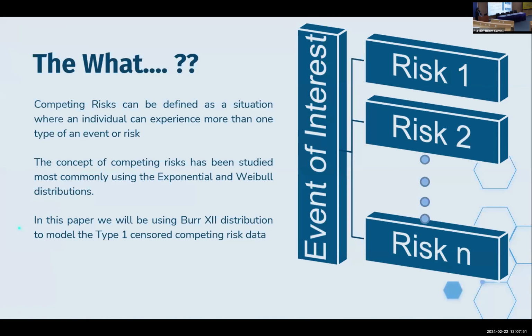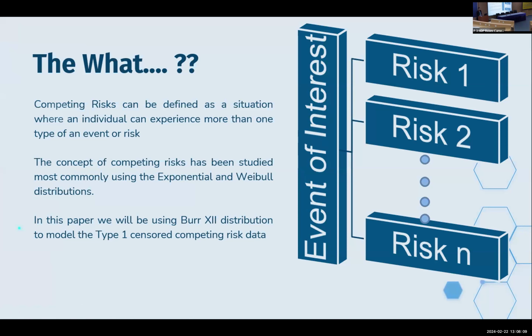So let me begin with just briefly explaining what competing risk is. Competing risk is a situation where an individual can experience more than one type of event or risk. Let's consider an example of a diabetic patient who is exposed to the risk of dying due to, say,